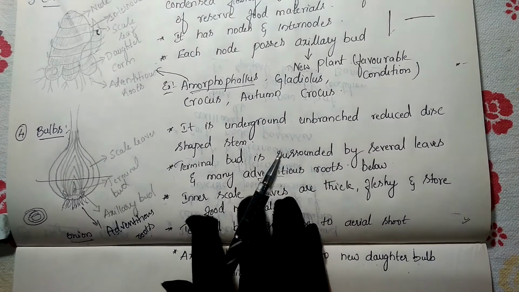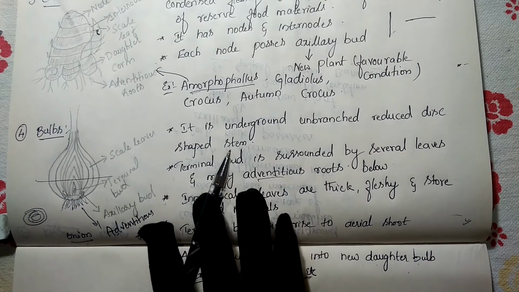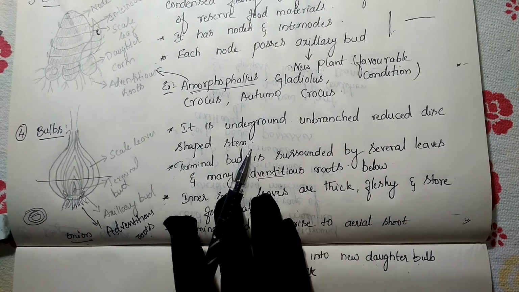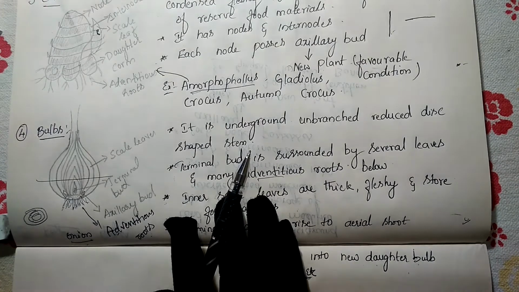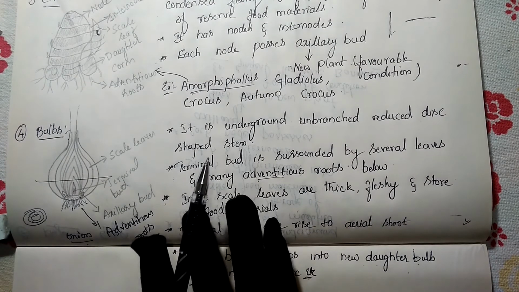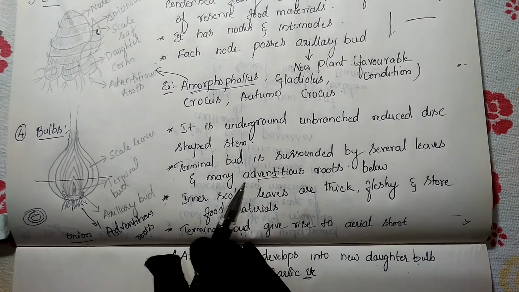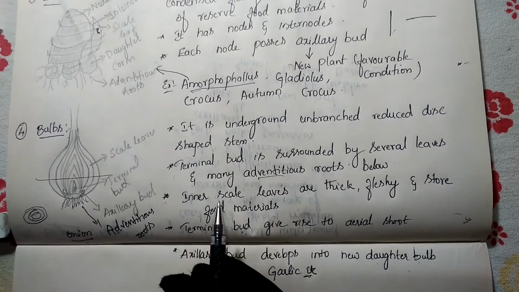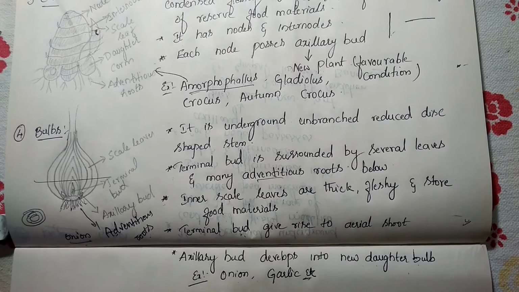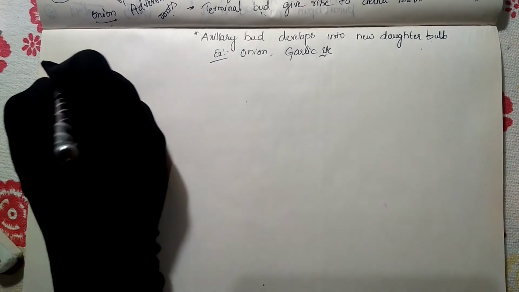This is the second one. Just now we discussed the underground stem; now let us discuss the subaerial stem. In subaerial stems you will also find 4 types: runner, sucker, offset and stolon. Like underground, where there were 4 types, tuber, rhizome, corm and bulb, in the same manner subaerial also has 4 types. Let us discuss them one by one.